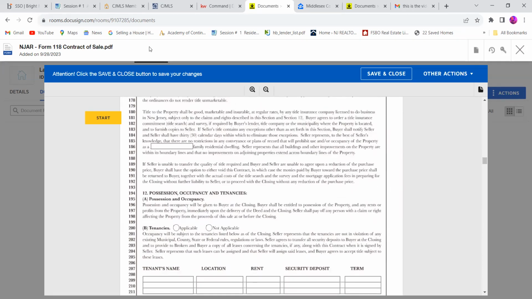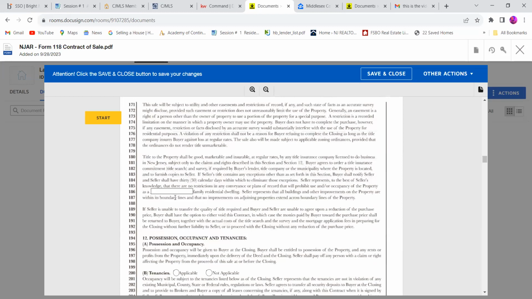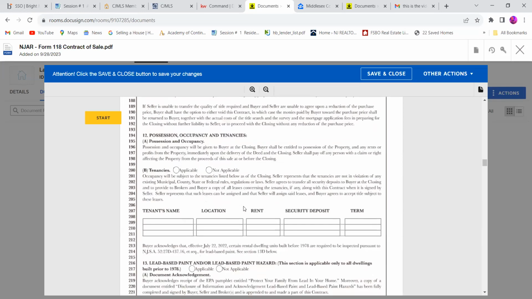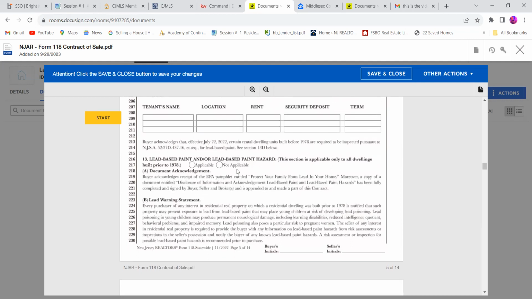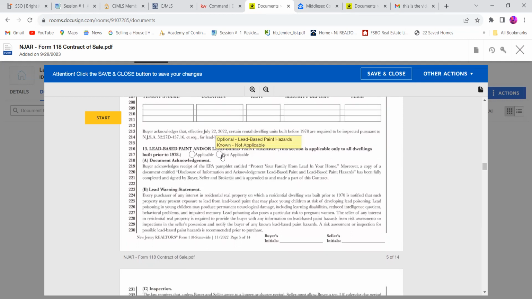Okay, so then, like I said, you're going to read through all this stuff. We don't have to do anything here. There are no tenancies, so this would be for a rental, right? So we're not using any of this stuff here, so that's not applicable, right? Now, is this home built prior to 1978, yes or no? If applicable, then you would need the lead-based paint